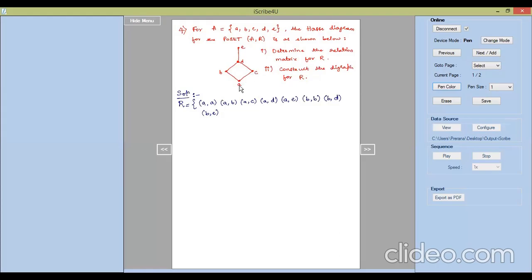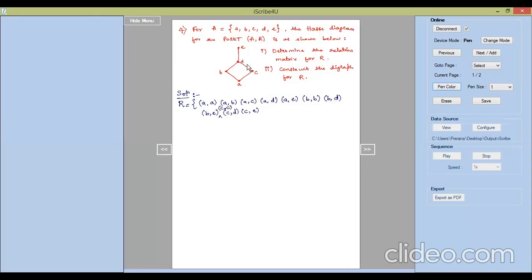Again, C comma A we will not write down because we will never look downwards in the Hasse diagram. C comma B, there is no edge. Next will be C comma D, C comma E. With C, work is over. Then coming on to D. Yes, we forgot an important one. The loop is obvious in every relation of the Hasse diagram. So C comma C we should not forget. So C comma C, then C comma D, C comma E.